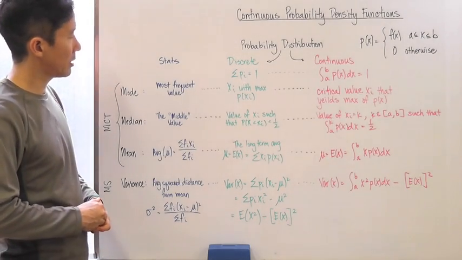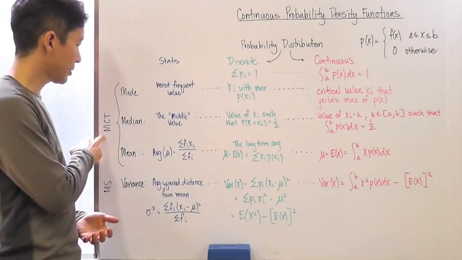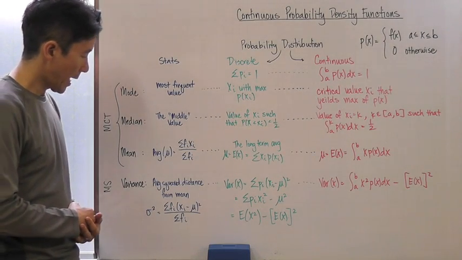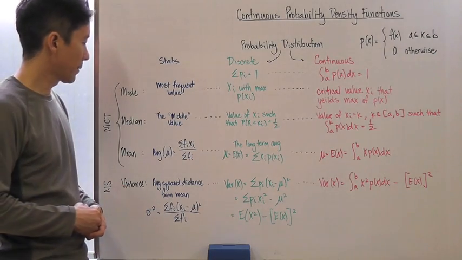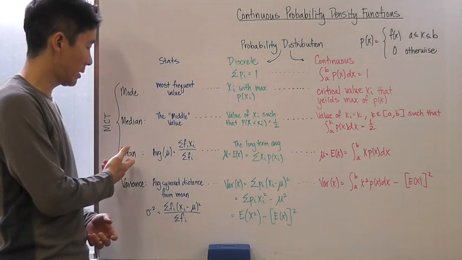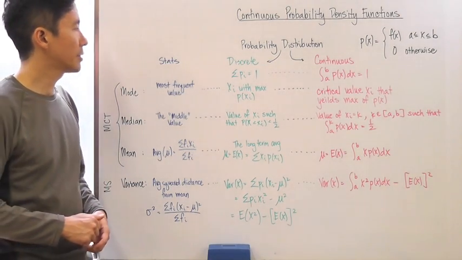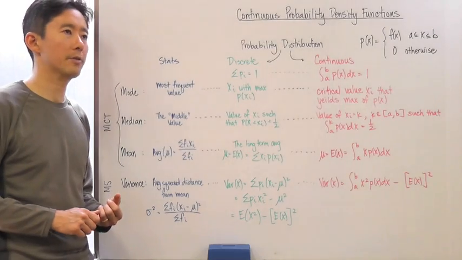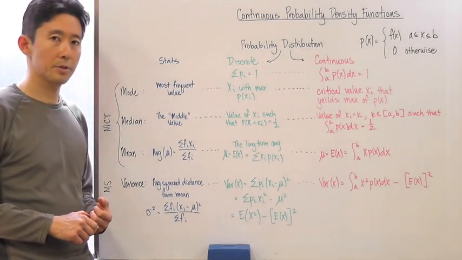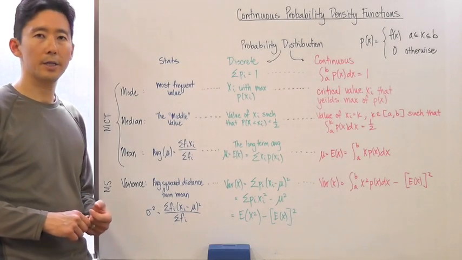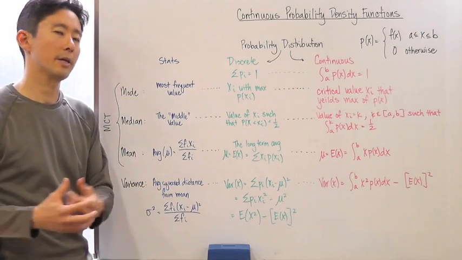So remember that what we started off with was statistics. And we had the measures of central tendency and the measures of spread. And in particular now, we're just going to focus on the variance as a measure of spread. But we talked about the mode, the median, the mean, as well as the variance. Now, when we started off with statistics, remember that we had histograms, we had just raw data, and we had tables, charts, and basically what we needed to do then was take all of that data, arrange it in such a way that it made some sense, and so that we could then generalize